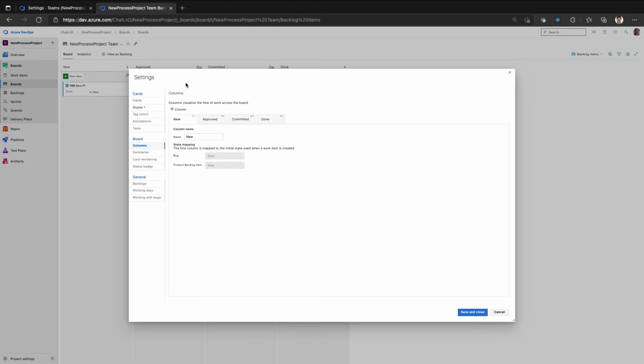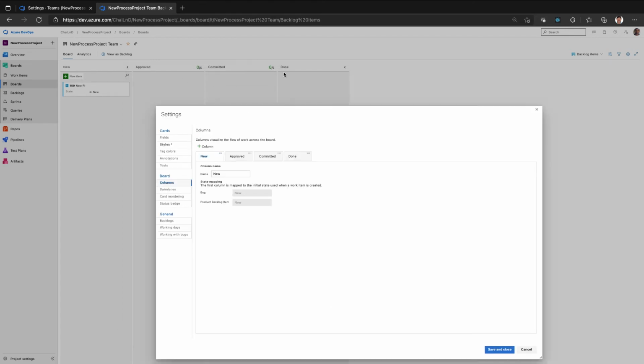This is where you see what is on the board: New, Upload, Committed, and Done are the columns here. You can add new columns, edit, and delete, and a column here will be mapped to the states that we have defined in the process. For example, I can define a column called In Development and link it to Committed or various other states. As I said, a work item can have multiple states, and columns on the Azure board can be linked to one state of your work item. So you can have multiple columns linked to the same state of a work item.